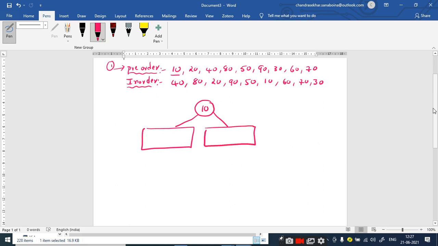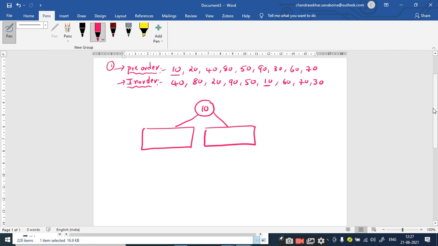Now in the second step you go to the in-order traversal and identify the location of the root node. At this position I have the root node. The elements towards its left are the elements of the left subtree, and the elements towards its right constitute the right subtree.